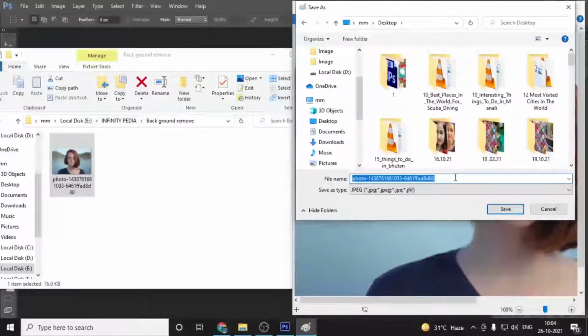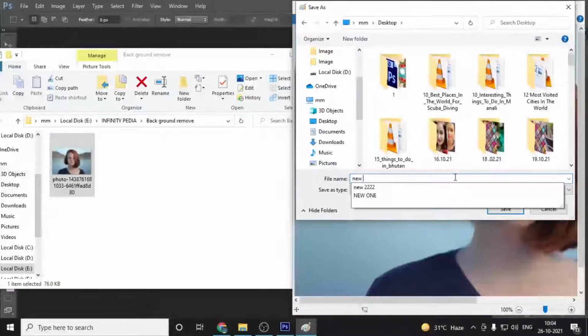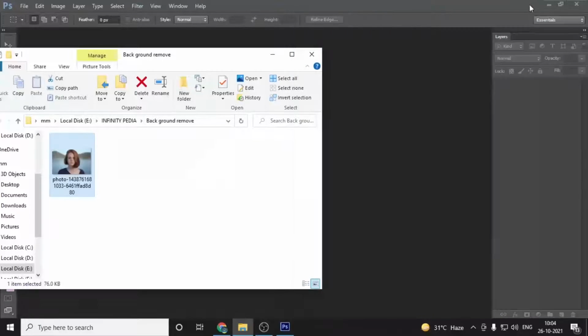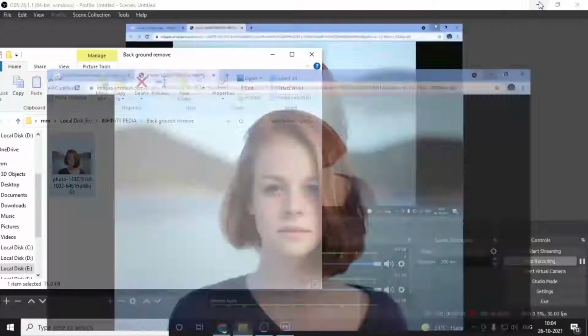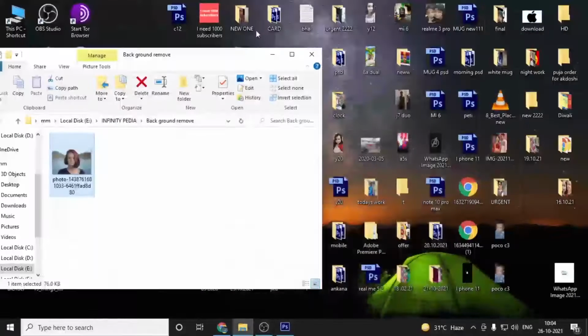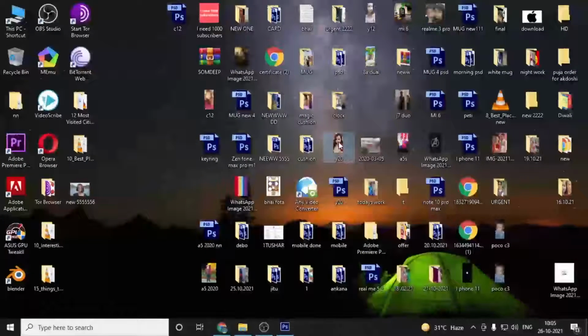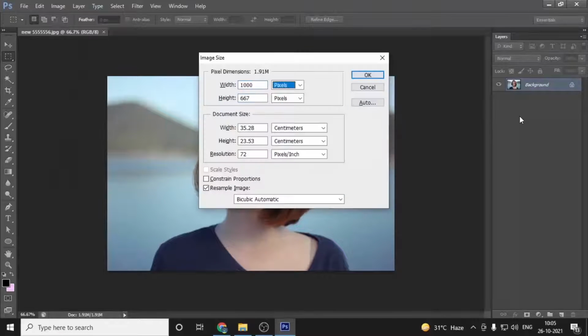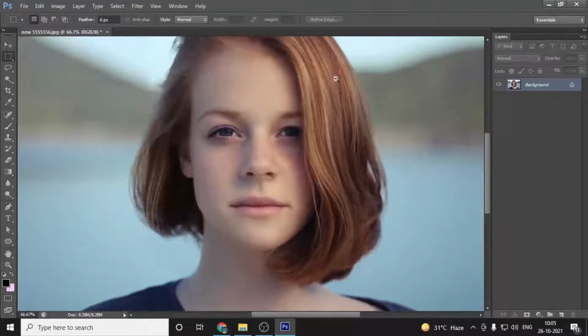Let's give this image a new name. Okay, now let's try to open this one. Otherwise we have other ways. I have lots of images. We got the image. Now it is working. Check the resolution. I will suggest you to put the resolution at 150.